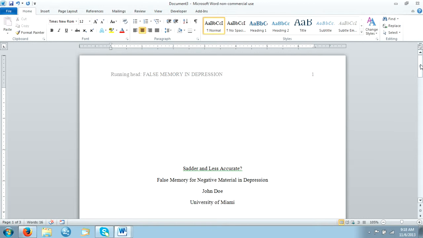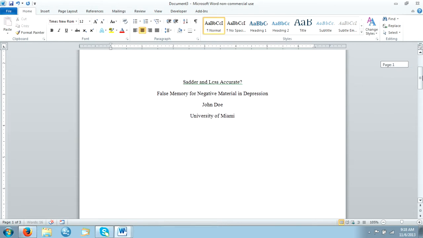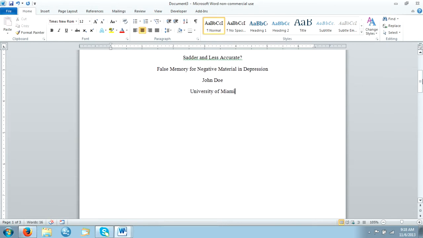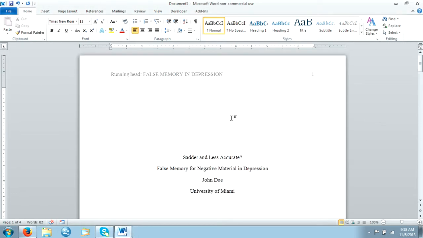Now, if you're a graduate student, or maybe you're a doctoral student, a postgrad, you may also have to include what's called an author's note. That's also going to be centered. Well, the title of author note is going to be centered, but when you start typing, you're going to go back to your left margin, and you're going to tab because you need to indent when you start with your author note. Now what I'm going to do is come back to document 1,